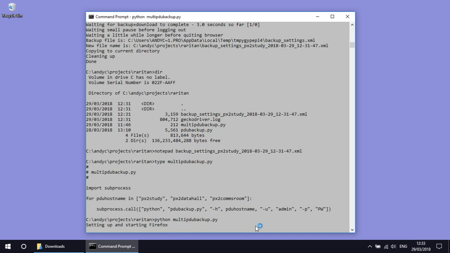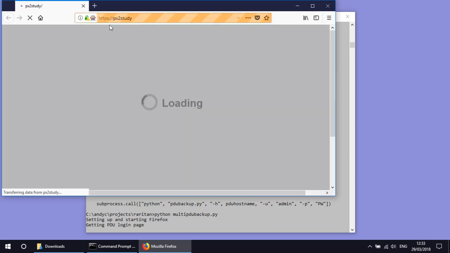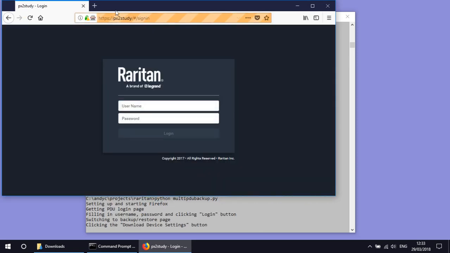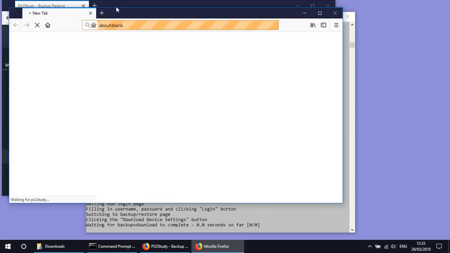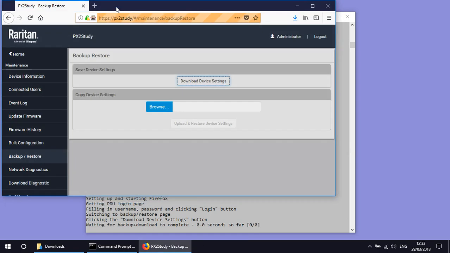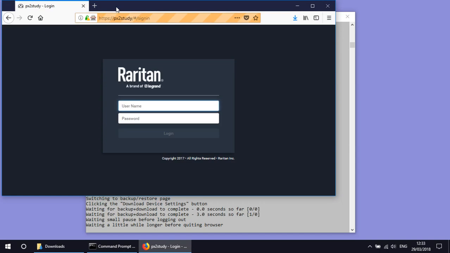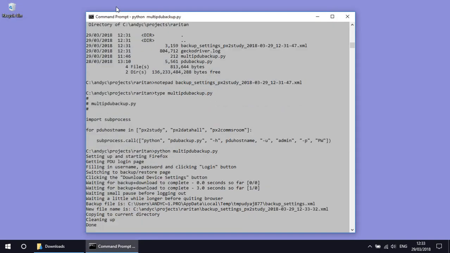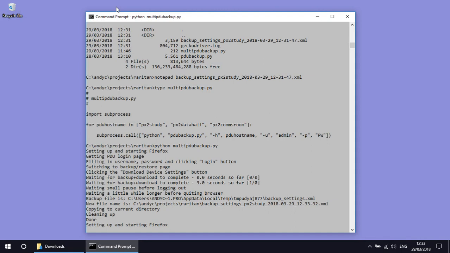So if we watch carefully now, it's logged into the PDU px2 study and it's doing the backup here. Exactly the same way that we did previously, just by running the script called PDU backup individually. Now the difference here is that once it's done that one, it then goes on to the next one automatically, and we'll start up Firefox again,